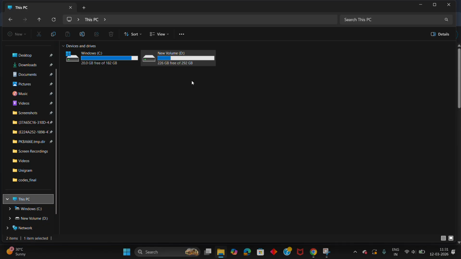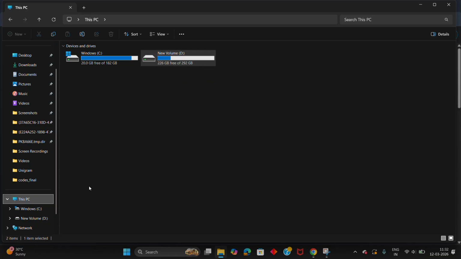If you don't have 200 GB of free space, I don't recommend you guys to run this. It will affect your system. So only if you have 200 GB of free space, then you need to